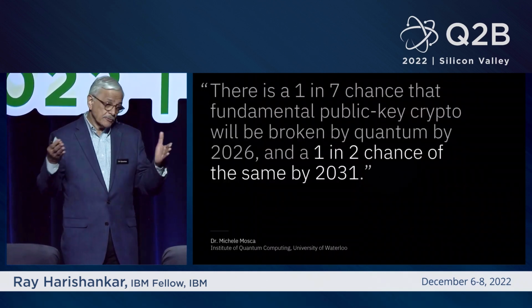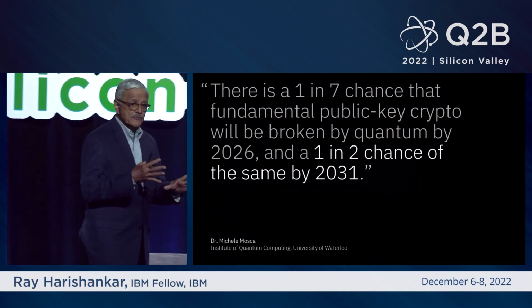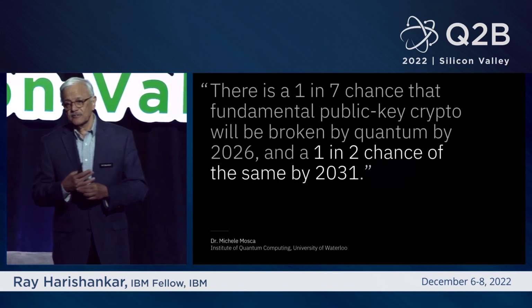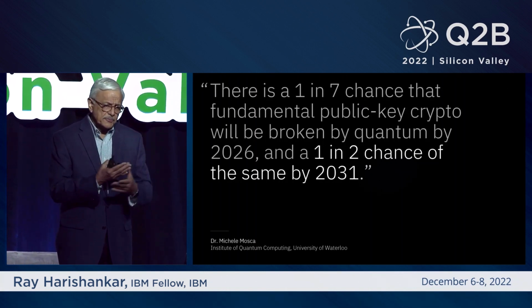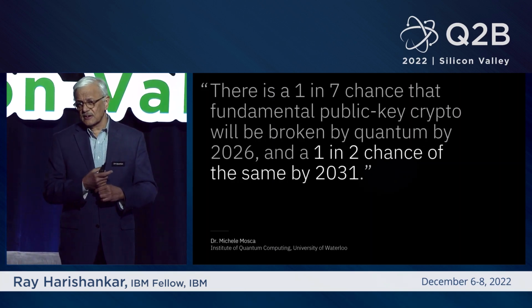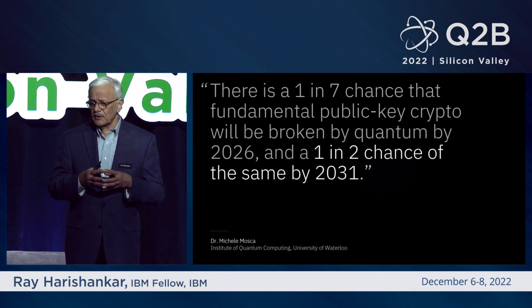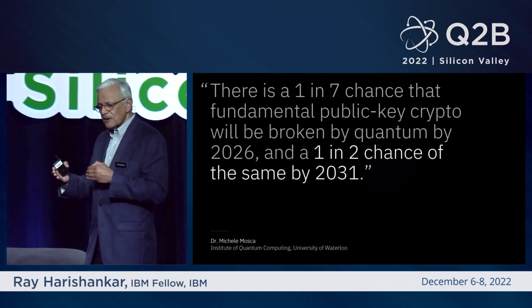What are people saying? Now, this you may relate to. I'm not in the habit of speculating, so I'll call out a few key studies and data points that have been put out there. Dr. Michele Mosca from the University of Waterloo says that there's a 50-50 chance that RSA can be broken by 2031. NIST pretty much agrees with a similar timeline.